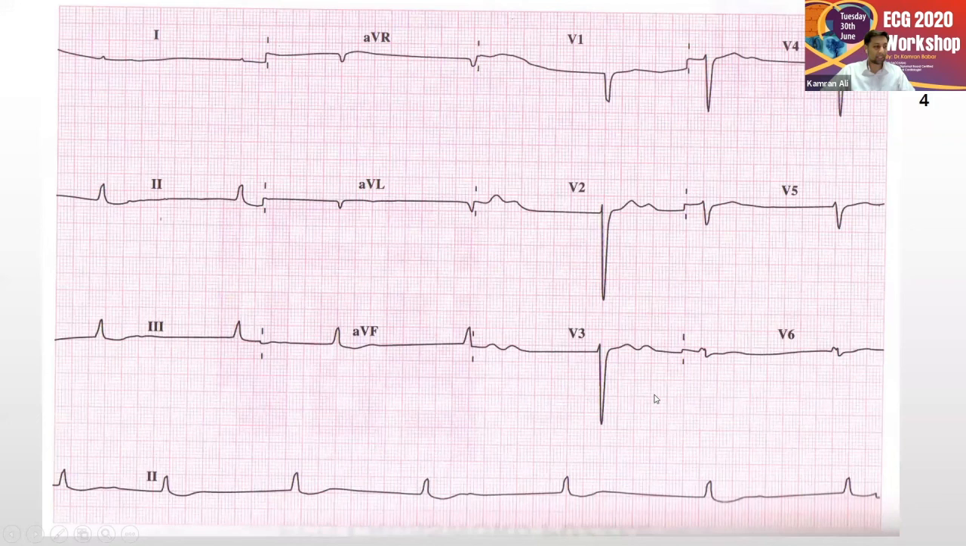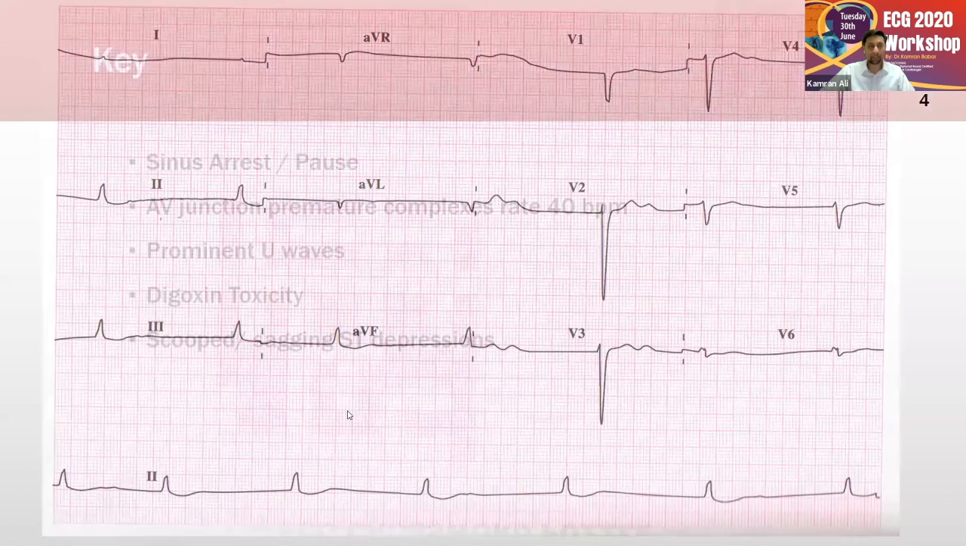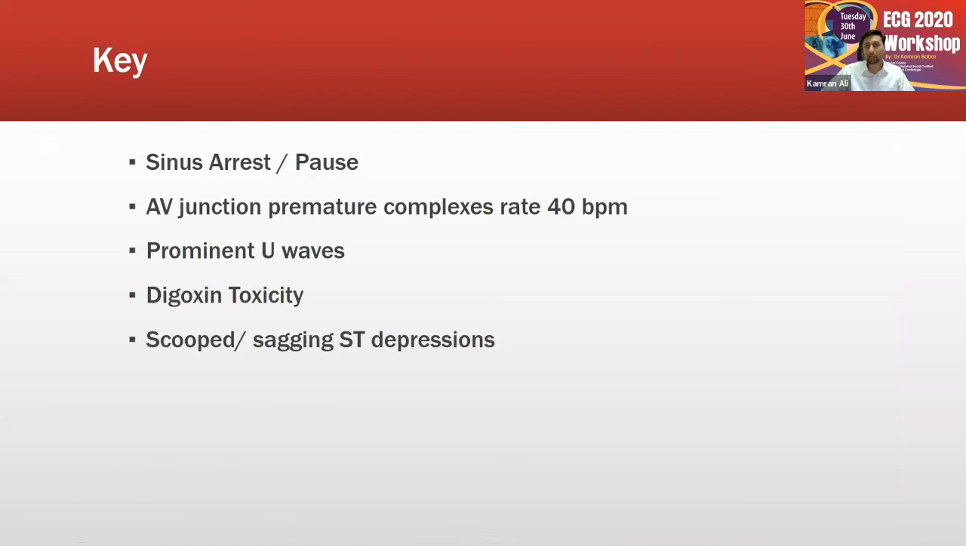And if the patient is symptomatic with this, then of course we should think about reversing the digoxin toxicity by giving antibodies to digoxin. But overall, this is a classic sinus arrest or sinus pause with an AV junctional premature escape rhythm, prominent U waves, and normally with these scooped or sagging ST segments, you have to think about